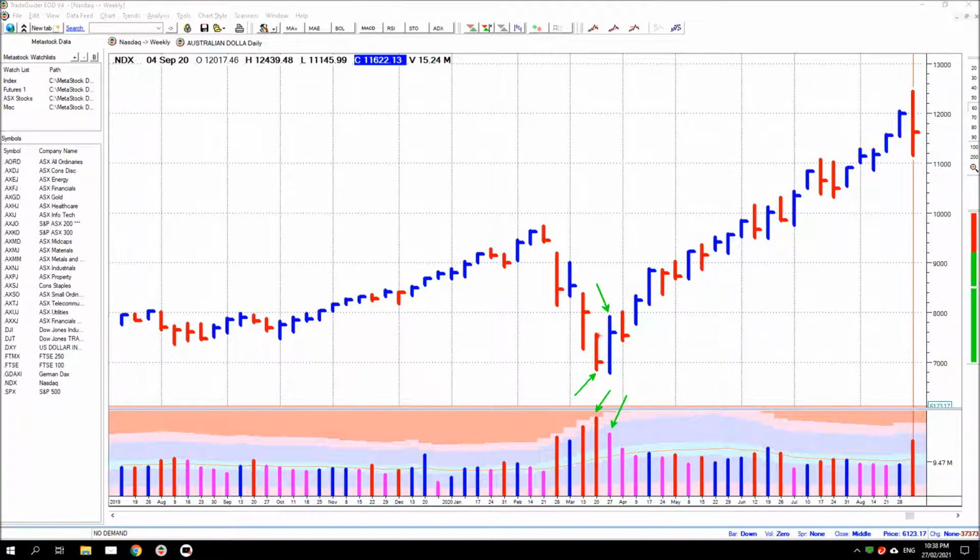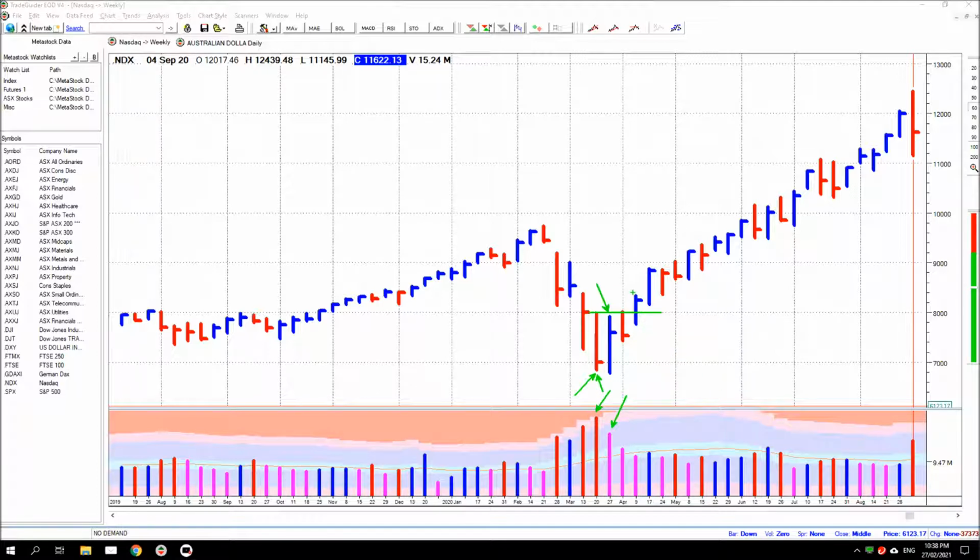This gap down bar actually looks more like this. That makes it a bit clearer. It would have trapped quite a few people in that bar. So if you draw a line across from where that bar began, this is this bar, where this bar began trapping people into a bad position, and the high volume suggests that they sold, or a lot of people sold, to get out on that bar on the bad news.